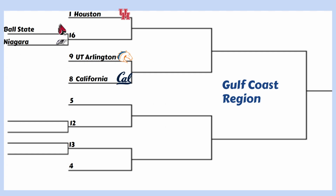Then we go down, and the 5th seed is going to be the SMU Mustangs, the 6th team in the American Athletic Conference, a 20-13 record. And they have to wait for a play-in game amongst our 12 seed, which is going to be the South Dakota Coyotes and the George Washington Revolutionaries. Now, the South Dakota Coyotes have a 12-20 record, 9th in the Summit League, and then the George Washington Revolutionaries are again a below 500 team at 15-17, coming out of the